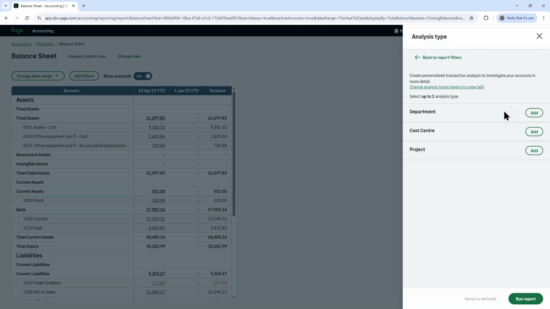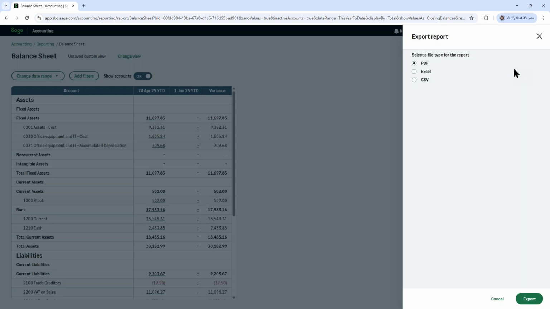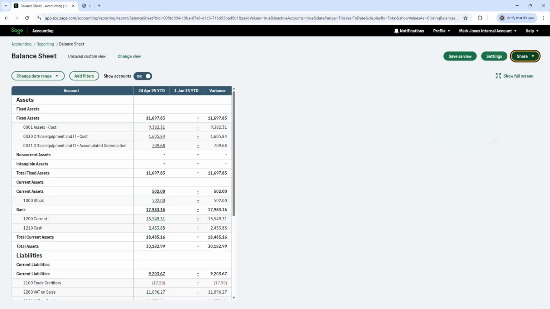When you're happy with your report, you have two options available. Again, in Share, I can either export the report or email it. But if we do select export, we have three options to export to PDF, Excel, or CSV. If we choose Excel, this actually includes a pre-formatted Excel report, pre-formatted layout. If I open that here,